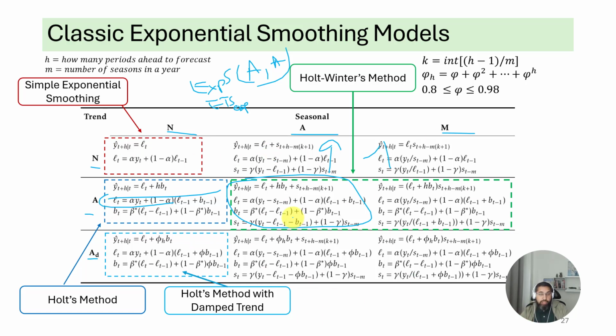As we will talk about later on in automated forecasting, with automated forecasting, the computer software will try all of these methods and select the best one for you. You don't even have to specify exactly which one. You can just tell the computer, try all of them and pick me the best one. Okay, because you have ETS versions of these methods where you can do testing to select the best model.